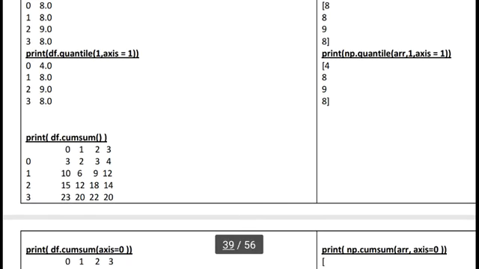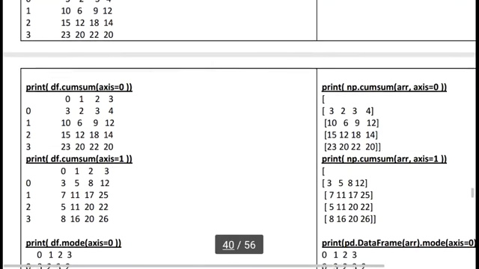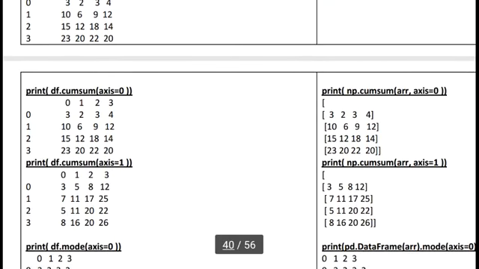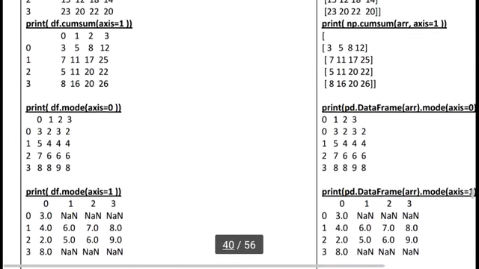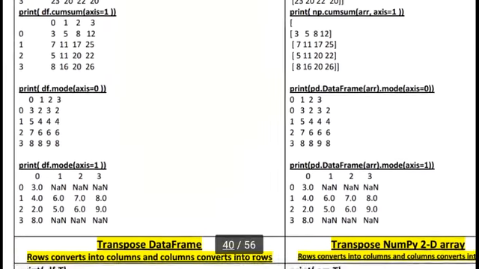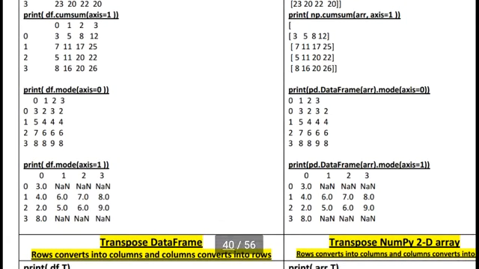You can see cum sum, cumulative sum. In statistics, cumulative sum means, suppose we have a set of values 2, 4, 6, 8. First we take 2, then 2 plus 4, 6. 6 plus 6, 12. 12 plus 8, 20. In this way we always calculate cum sum. Okay, this is our mode. Mode means the most popular value in a set of values, the one with the highest frequency.